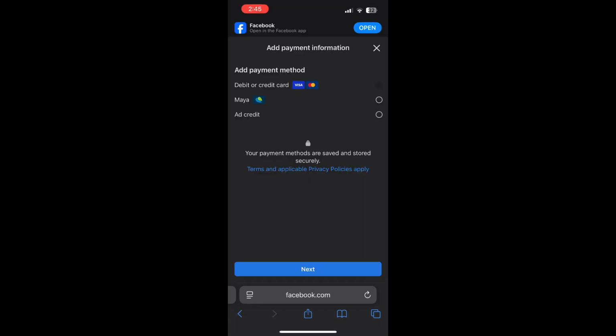A new window will open asking you to log in to your PayPal account. Enter your email and password, then tap Login and agree to connect PayPal to Facebook or Meta. Once it's connected, you'll see PayPal listed as one of your payment methods. You can set it as your primary payment method if you want Facebook to charge PayPal by default for ads, in-app purchases, or other payments that